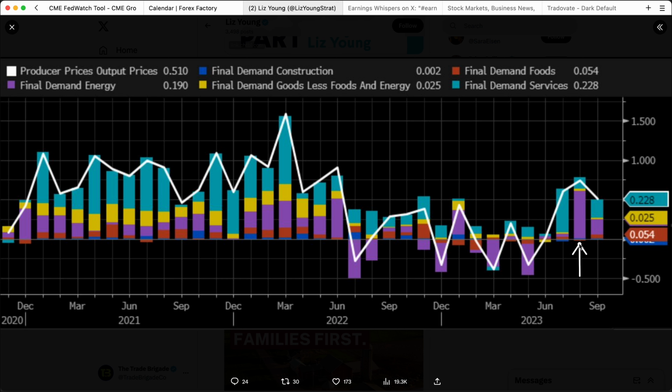If you take a look at the prior reading of PPI, energy is in purple here, it made up a substantial portion of PPI. If you take a look at this reading that we got today, it's a smaller portion, okay? So by looking through energy and the volatility that's there, maybe they're doing the right thing, but CPI truly has to move in the downward direction. Otherwise, again, I wouldn't be surprised to see them take out that back pocket situation and say, hey, one more hike